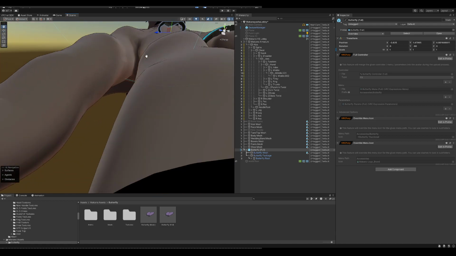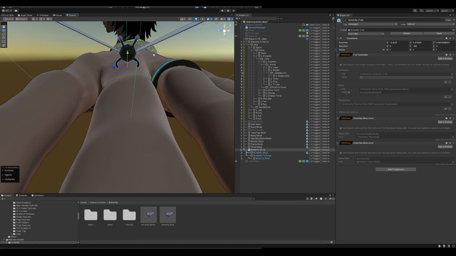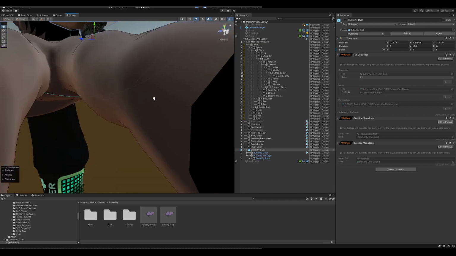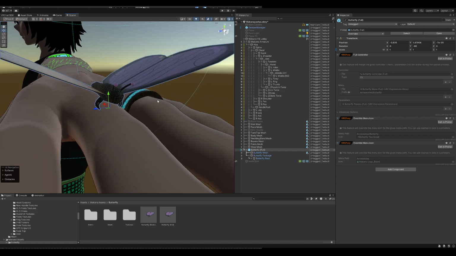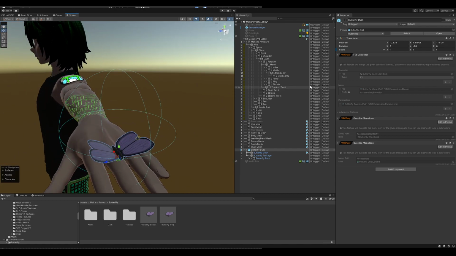I'm looking for that slight clipping on both sides, and that tells me that the feet are making contact with the avatar's mesh. So now we know it's sitting on there properly. He's pretty much positioned. Now, the last thing that we need to do for this butterfly to be in effect,